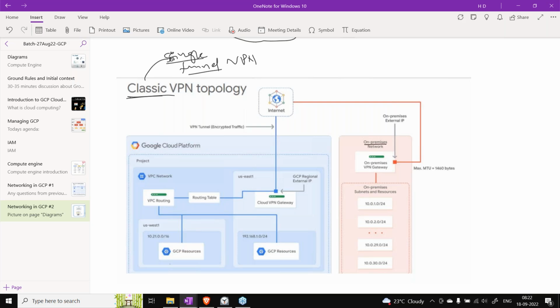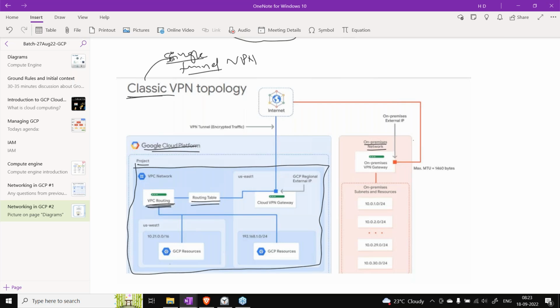Here there is one on-premise network and there is this cloud, the GCP project infrastructure that we have. Now we want to connect our on-premise data center to the GCP project, right? So what we can do, if you see here, this is my VPC. First of all, I have a VPC here. Under that VPC, there are some routing tables. There is some VPC router. Then there is a gateway that we discussed, right? It is a gateway.